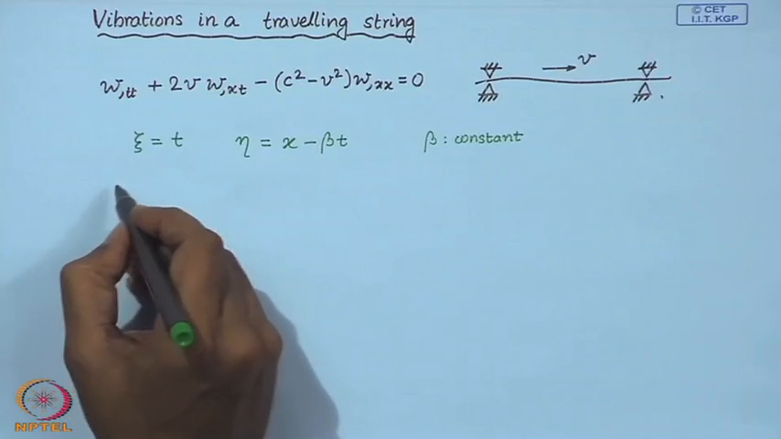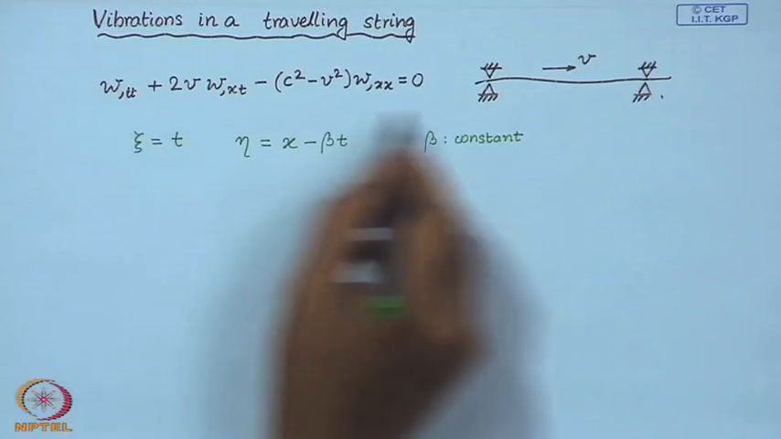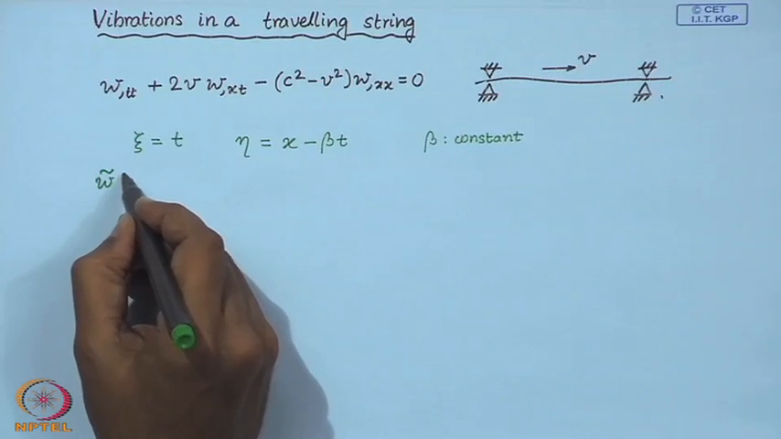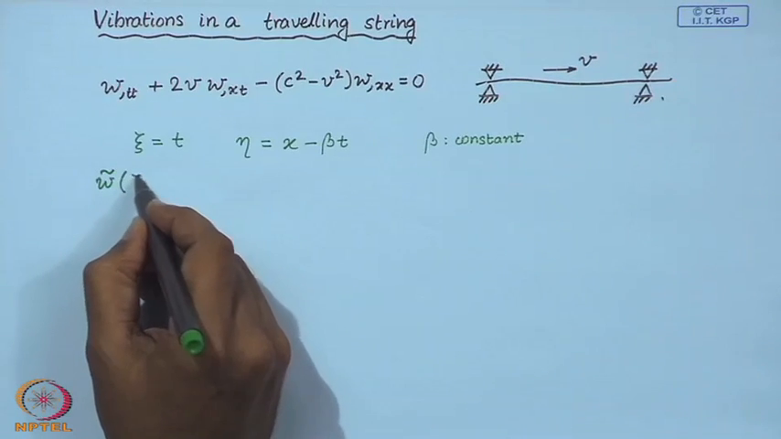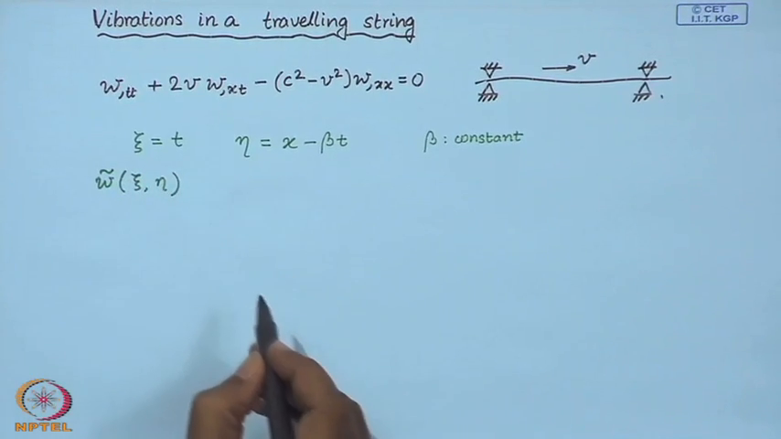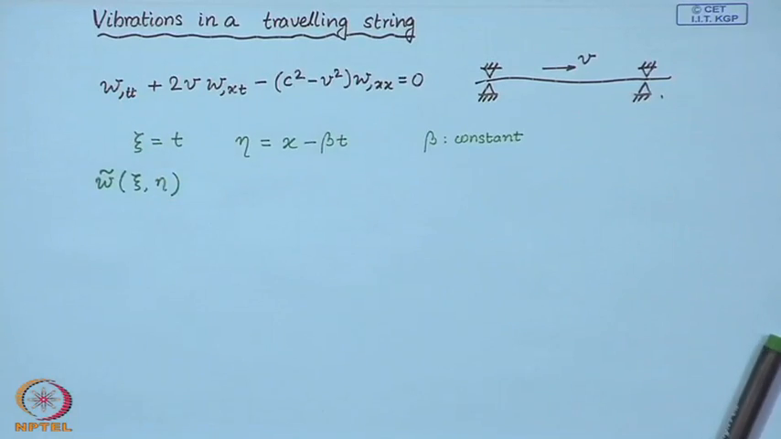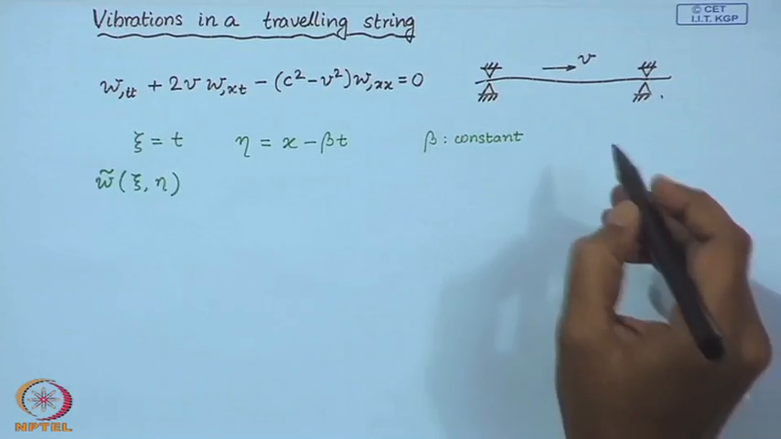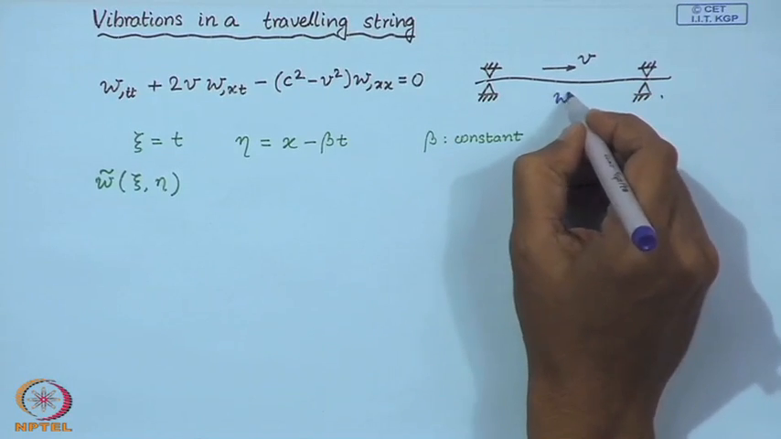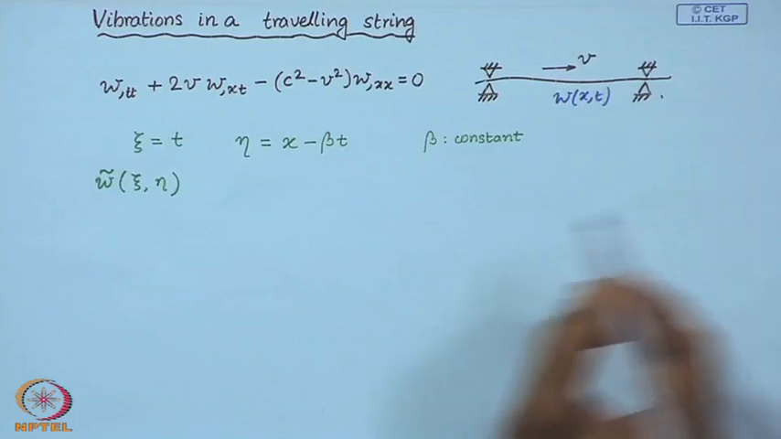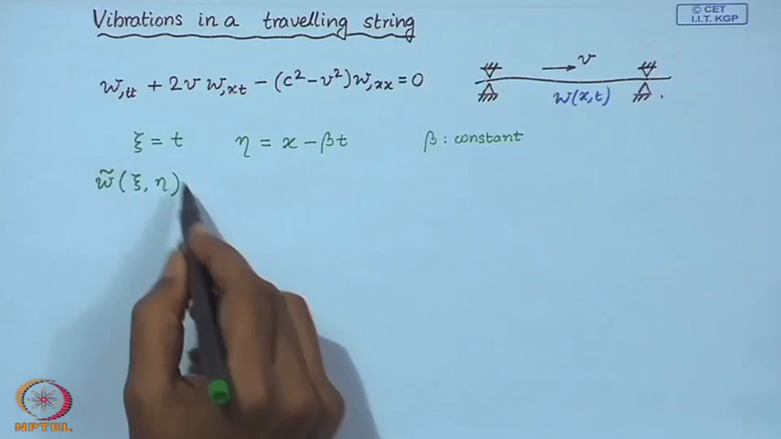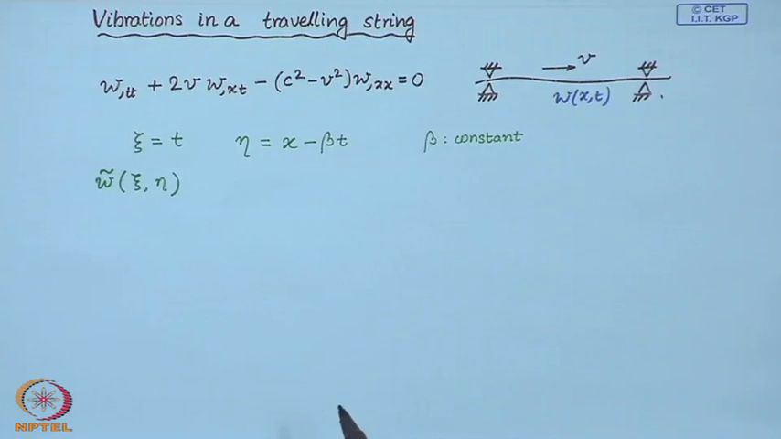Now, let us recast this equation in these coordinates xi, eta. So, here the field variable was w(x, t), our new field variable is w tilde (xi, eta), and to determine the equation governing this new field variable,